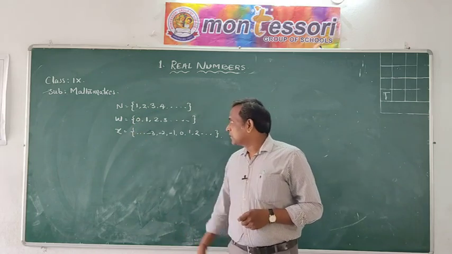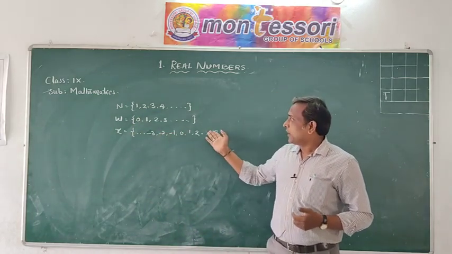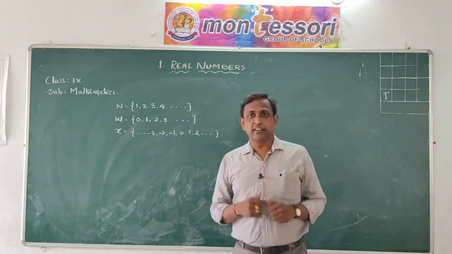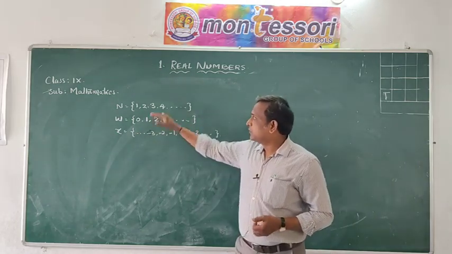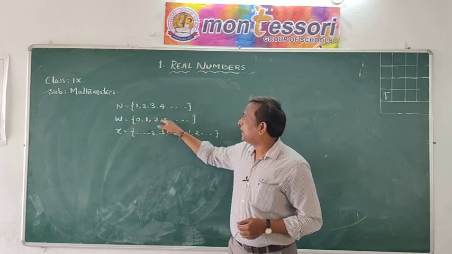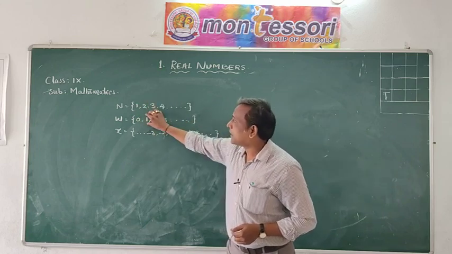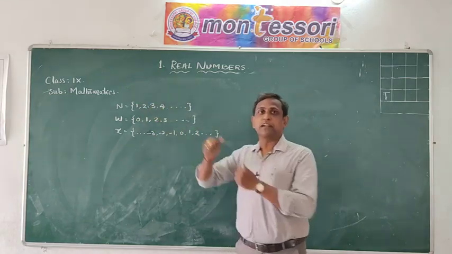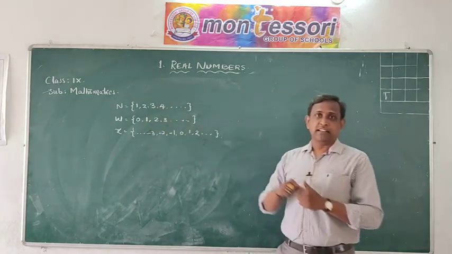Like the integers, we can see negative and positive numbers, and also 0. 0 is neither positive nor negative. So these three sets are available here. If you observe these sets once again very clearly, 0, 1, 2, 3, and 1, 2, 3, 4, all these natural numbers are available in the set of whole numbers. That means the natural numbers are a part of the whole numbers. At the same time, these whole numbers are also a part of the integers.